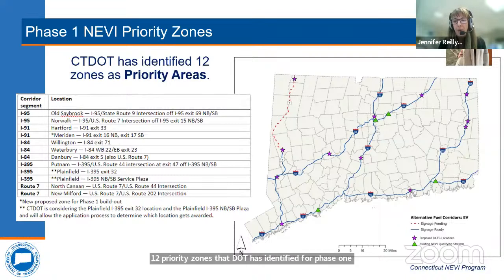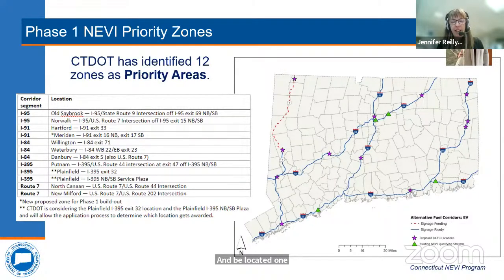Each location is broken out by corridor segment, and by location, you will see this chart referenced in the LOI form. In order for a corridor to be fully built out, a site needs to meet the minimum NEVI standard of having at least 4 150 kW ports, a minimum of at least 600 kilowatts per site of available power for chargers, and be located 1 drivable mile from the end of an exit ramp off an alternative fuel corridor.